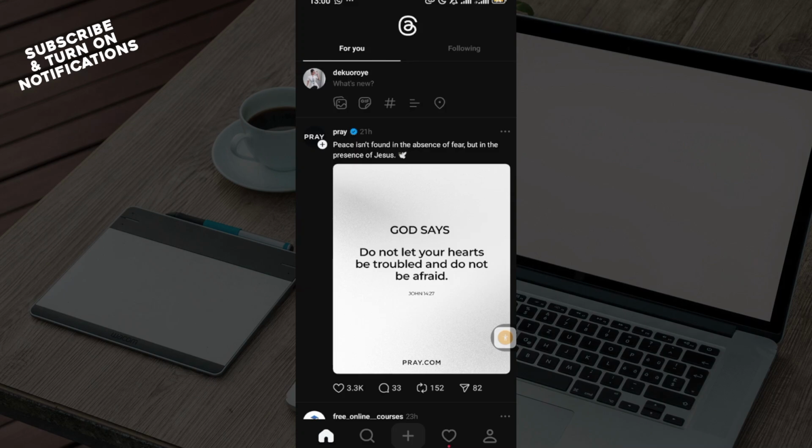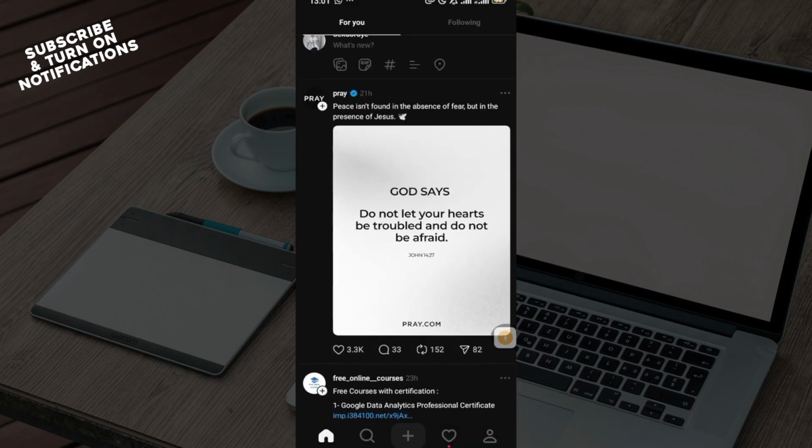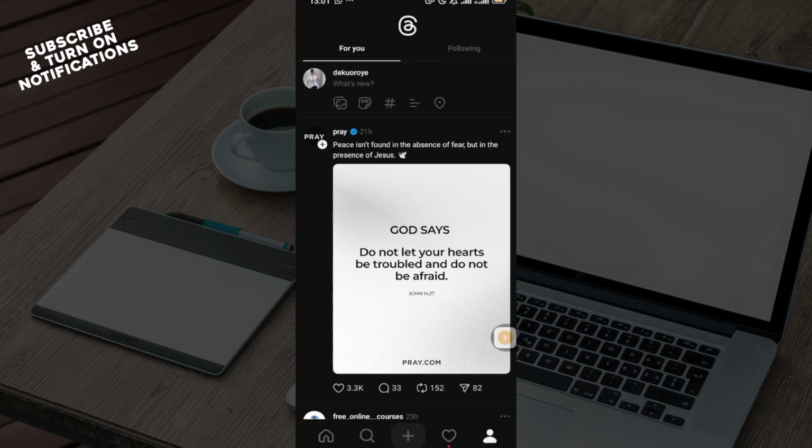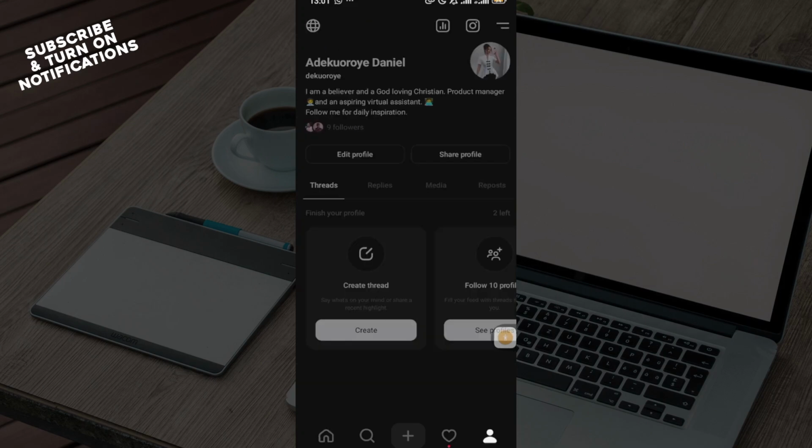First of all, log in into your Threads account just like I have done here. And once you're logged in, move to the bottom right corner of the screen and click on your profile icon. Automatically you'll be redirected to your profiles page, and once you're in this page, move to the top right side